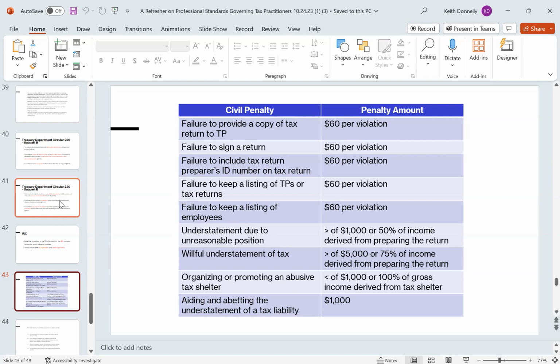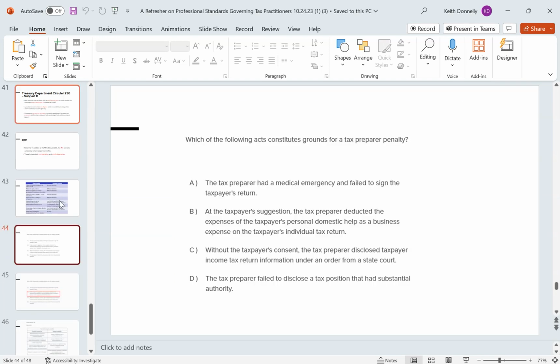Your firm does thousands of returns. Well, it's $60 a pop, right? And there's like 10,000 returns. That's going to really add up, right? So it doesn't seem like that big of a deal in an isolated case, but when you have a bigger systemic issue, it could add up quick.